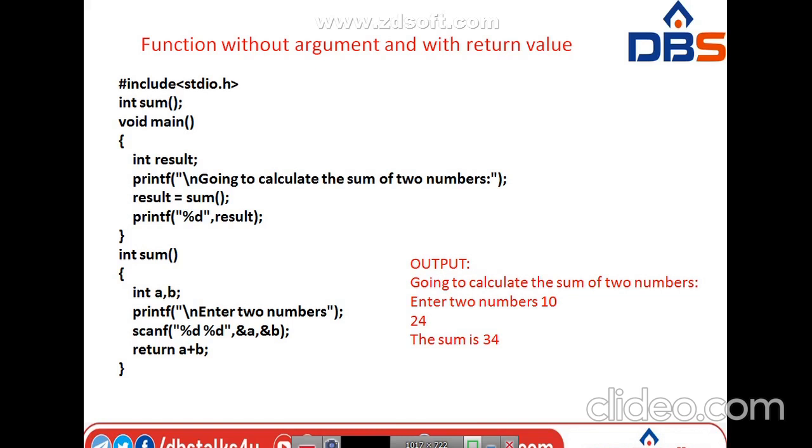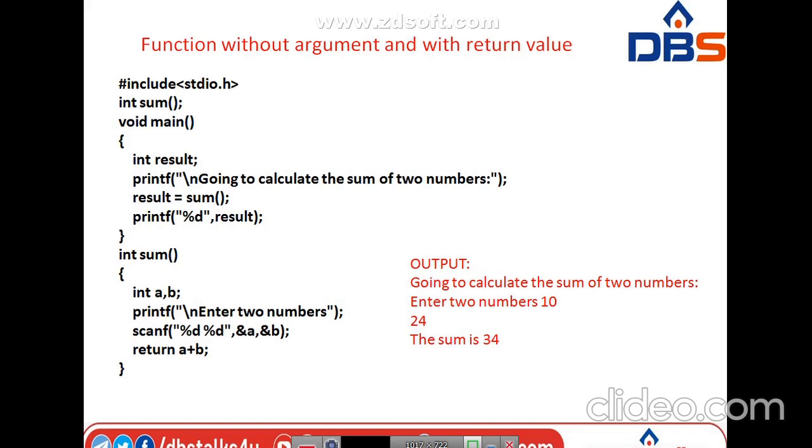Int is a returning value. I kept integer because my program is calculation of two integer numbers. Obviously the sum will be returned, sum is an integer, so I am going to take int as the return type, int sum. After sum I have not written any arguments. Why? Because it is an example for without arguments and with return value.